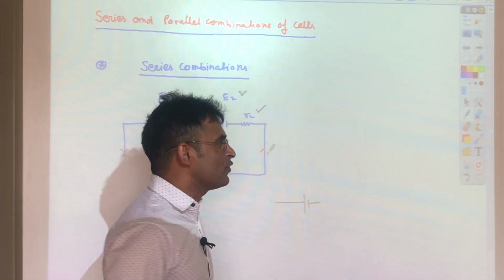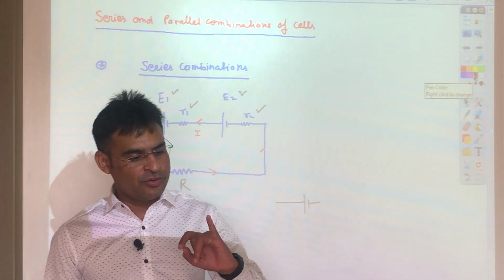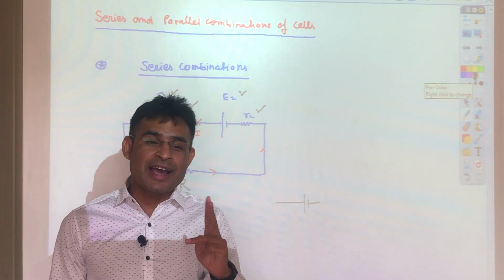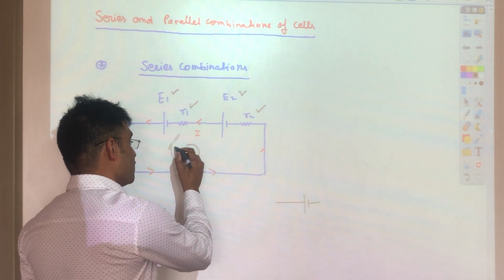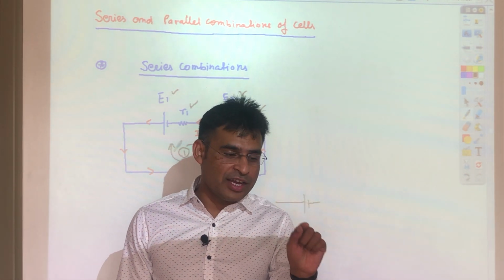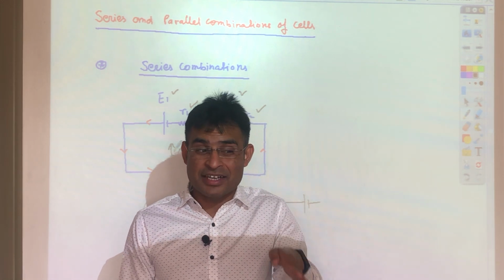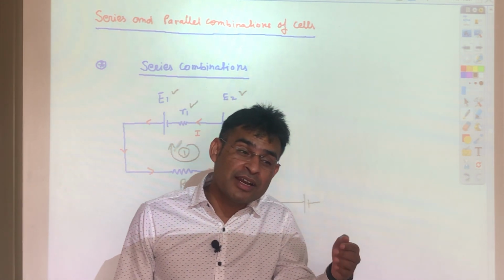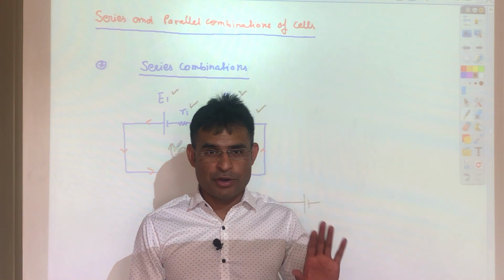Now, how to apply Kirchhoff rules? If I apply Kirchhoff rule over here, first thing in Kirchhoff rule, I have to select one loop. There is only one loop, so I selected that. Second point, I need to decide whether I am moving clockwise or anti-clockwise. So, right now I am moving clockwise. While moving, if I pass through any battery, first I have to see whether I am entering at the positive terminal or the negative terminal of the battery. If I enter at the positive terminal, I will write positive EMF, negative terminal, I will write negative EMF. That is about the battery.